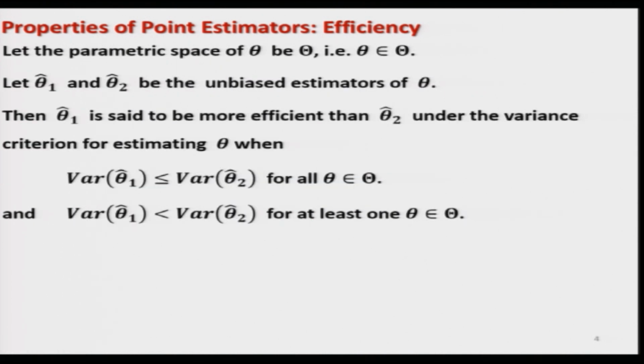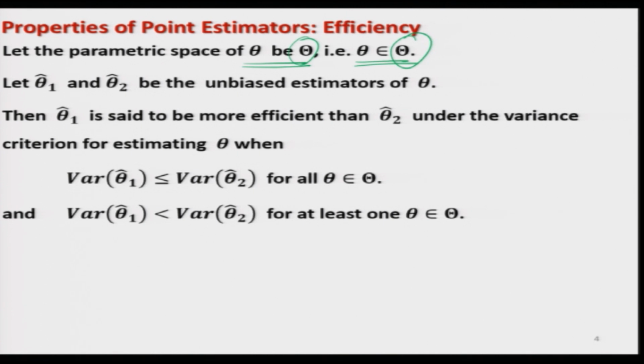Now, the question comes that how are you going to define which of the estimators is going to be more efficient. So, suppose there are two estimators for a parameter theta, and this theta has the parametric space which is here capital theta, like this one. So, theta belongs to capital theta. Be careful about my wordings. When I say theta, theta means small theta, and when I have to speak out for this capital theta, then I will always say capital theta.